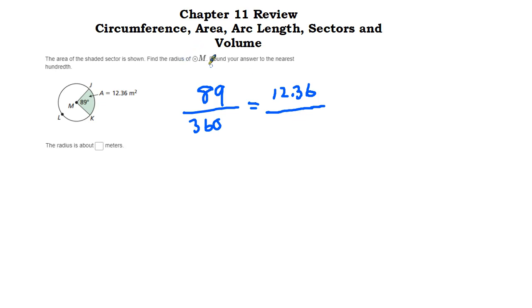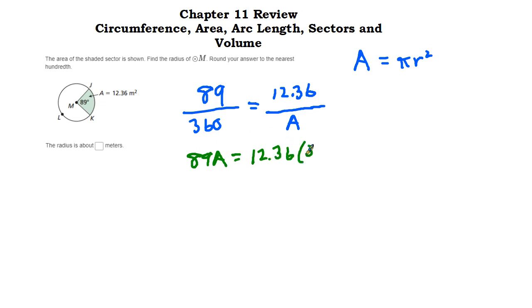Well, here's the thing: if we know the area of the entire circle, then we can figure out the radius, because the area of the circle is directly related to the radius by this multiplier pi. So if we can figure out the area, we divide by pi and take the square root and we'll get what the radius is. So the area is what we're looking for first, and then we'll solve for the second. So I'm going to write down a here, and that's what we're solving for, and we'll use cross multiply to do it. So 89a equals